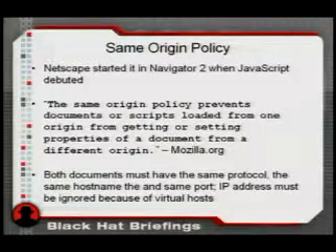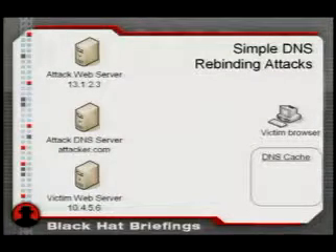The same origin policy was a good idea when Netscape first introduced it, and it's definitely prevented a lot of attacks over the years. But as you'll see the rest of my presentation, it's also very flawed and very broken today. Probably the best known example of that is cross-site scripting, which essentially gets around the policy by injecting references to JavaScript into the targeted host. Now, with a properly secured website, it's not going to be vulnerable to cross-site scripting, with the exception of a handful of rare client-side vulnerabilities. But if an attacker is able to control the DNS server for an internet domain, a new type of attack to bypass the same origin policy becomes possible, and that's simple DNS rebinding.